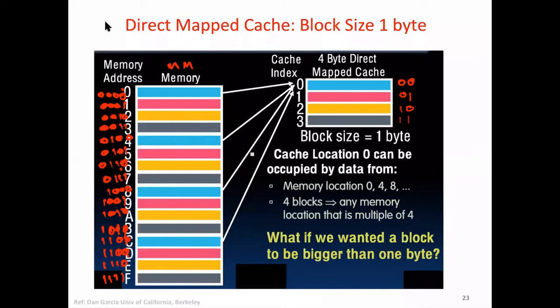Look at the 2 least significant bits, and whatever has zeros, we map it to the first block. Number these 0 to 15 and then do modulo 4, where 4 is the number of blocks here, and you get the corresponding block number, which you call the cache index. It means this block will be in block 0, then the 4th is in block 0, then the 8th is in block 0, and the 12th is in block 0.